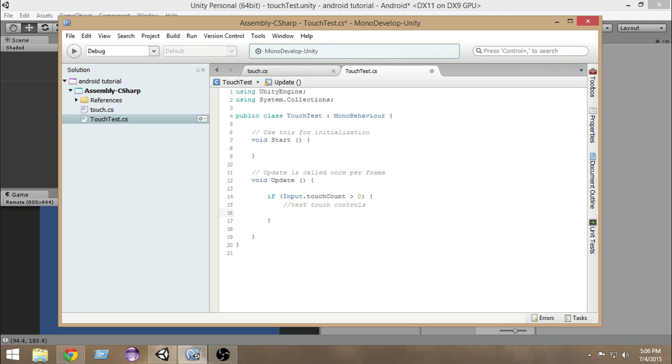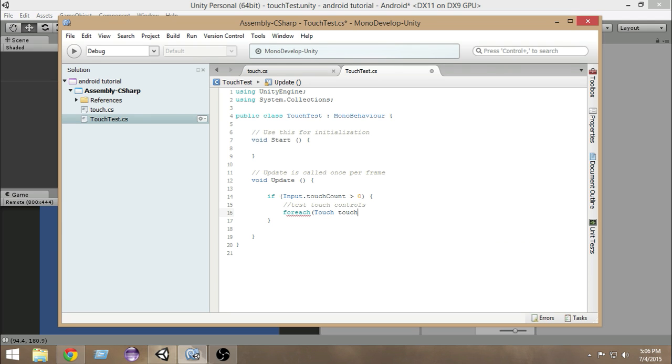Okay, so in order to do that, we're going to use a for each loop. For each is a very simple loop. If you don't know, just check out some of the Unity official tutorials. A for each loop just iterates through each element of an array or collection, and then prints or returns us those values, or we can store those values inside some instances. As an example, here we want to store the touches, so that is why we are